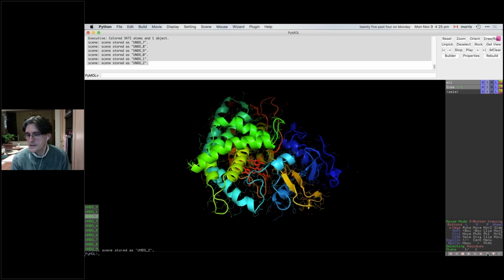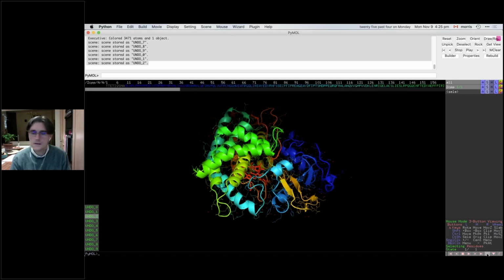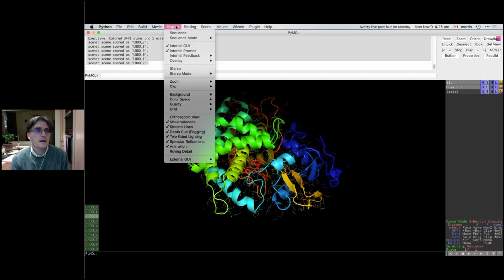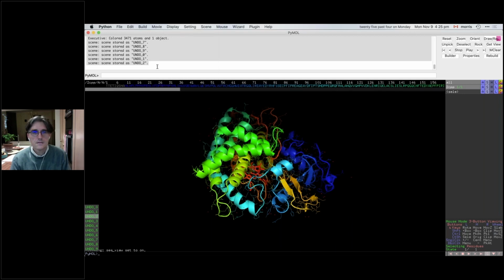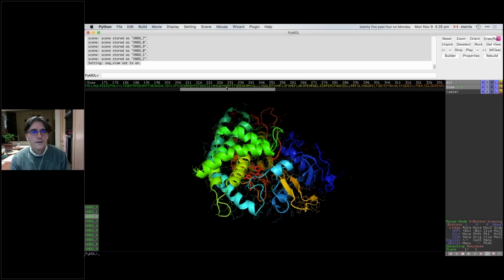I can either click this S down here, and that will show the sequence, or I can go up to display sequence, and that shows the amino acid sequence. You can see there are some gray atoms that do not have coordinates, but are part of the protein, so the crystallographer didn't even model those in. And then we've got going from dark blue through the colors of the rainbow, all the way through to red at the C terminus,